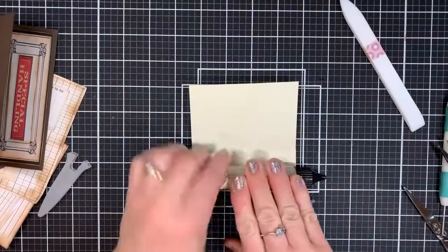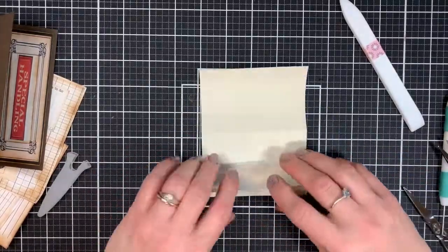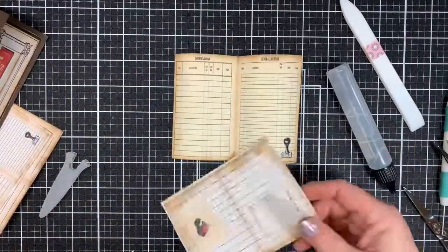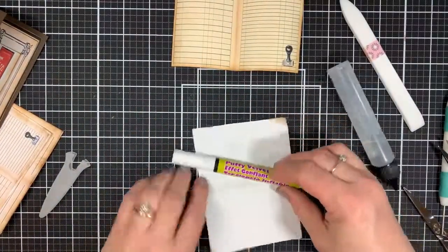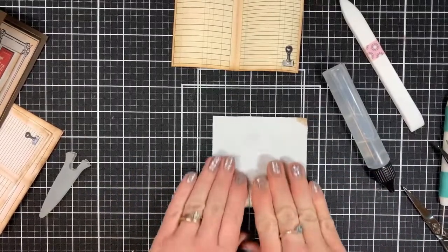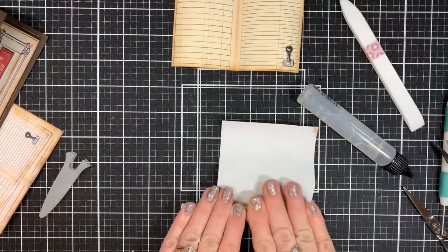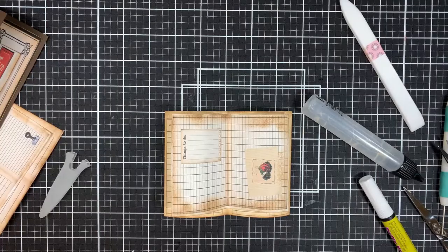I'm using this glue to roll the cardstock so that I can get a nice rounded page edge. I think this works very well for this technique to be able to give it some dimension. These open book easel cards are all about dimension and, you know, how a book looks. And I'm going over with a smaller, like a paint marker, and I'm rolling this thinner paper,